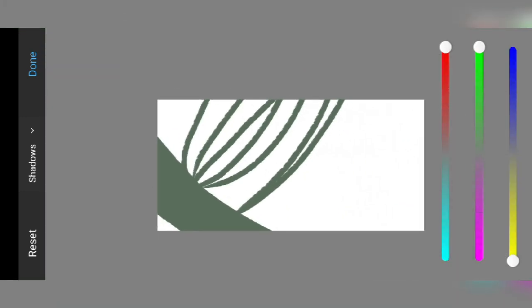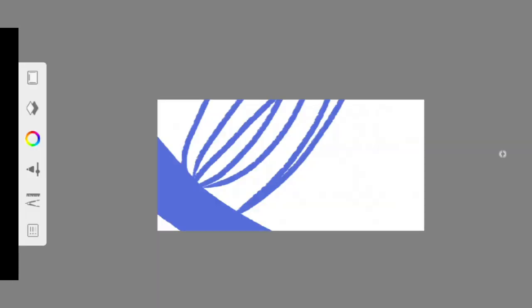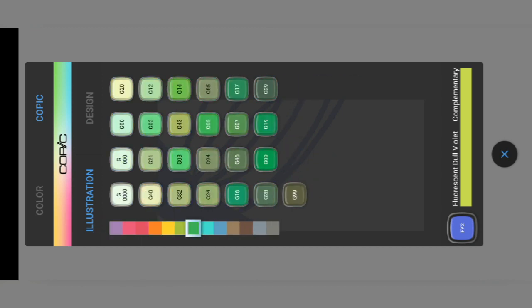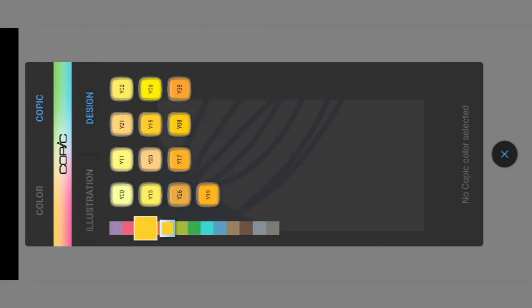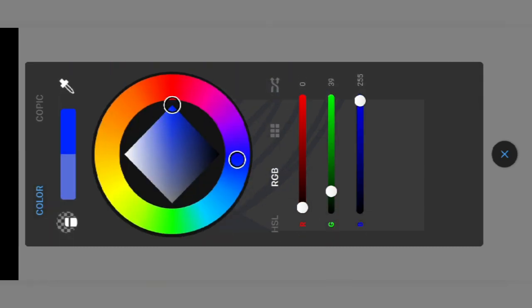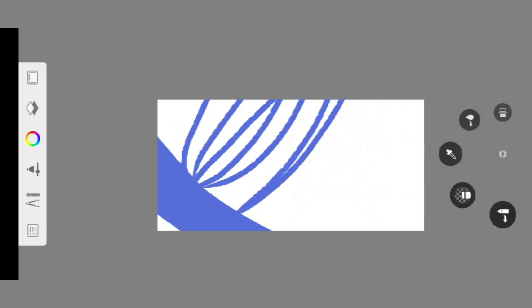And also you have this Copic color palette in Autodesk Sketchbook, which is incredibly a huge step up. It's always there, so that you don't have to choose colors again from all this, with all the strain you went through choosing the colors before.